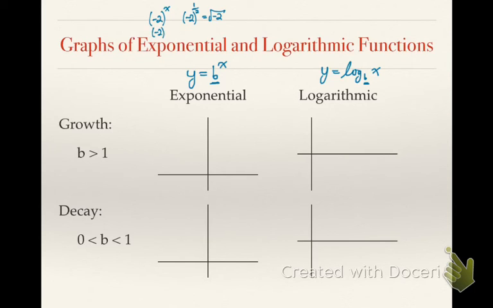However, I take root 2 to the 2nd power. That gives me positive 4. It works. So negative numbers, there's some really weird things going on with negative numbers. So we never consider them as a base of an exponential, because the graphs would just be wacky all over the place. Okay. Another reason why we don't include 1 as a base is because if we raise 1 to any power we want,